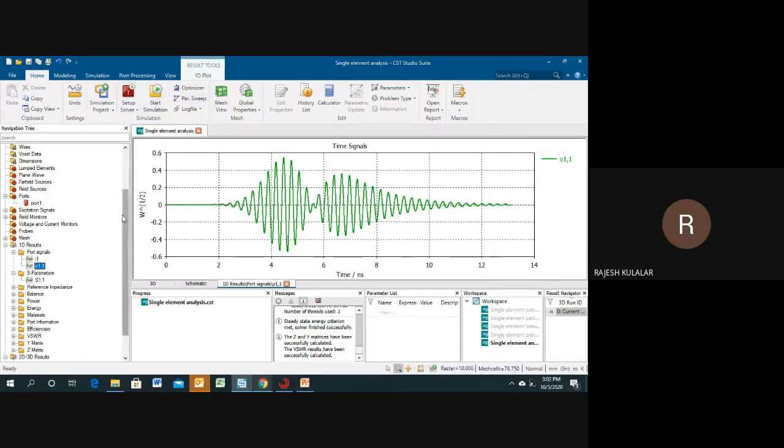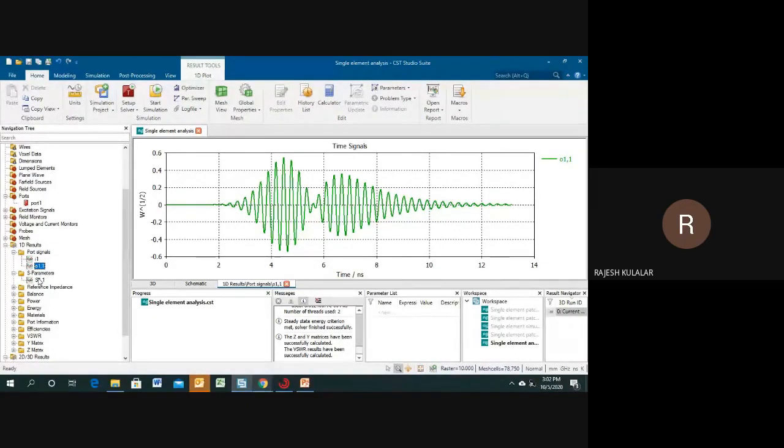But if you go for a higher frequency, like 28 or 30 gigahertz, this type of fluctuation in your signals can be problematic. So always after the simulation, you must check whether the signal is going into steady state condition or not. Here there's a little bit of fluctuation, but it's almost going to steady state after around 14 or 50 nanoseconds.